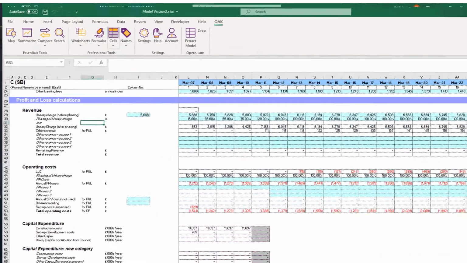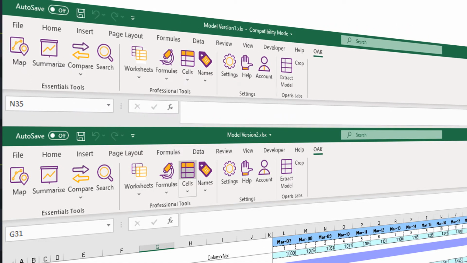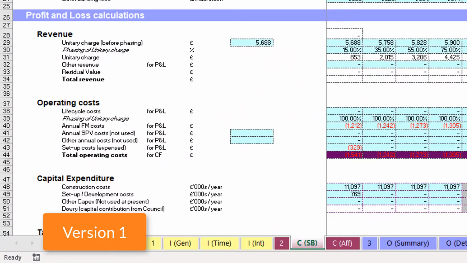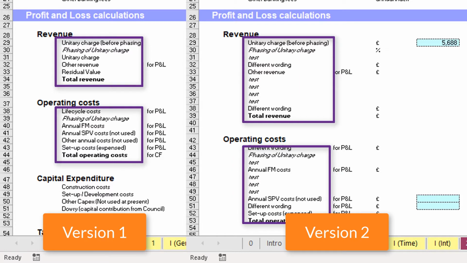To understand how the OAK Compare tool works, let's start by opening two different versions of the same spreadsheet with unknown changes to the user. There are clearly several differences between the two spreadsheets, mostly due to the new inserted rows. Without a proper mechanism for worksheets alignment, a cell-by-cell comparison would flag nearly all the cells across the worksheet as